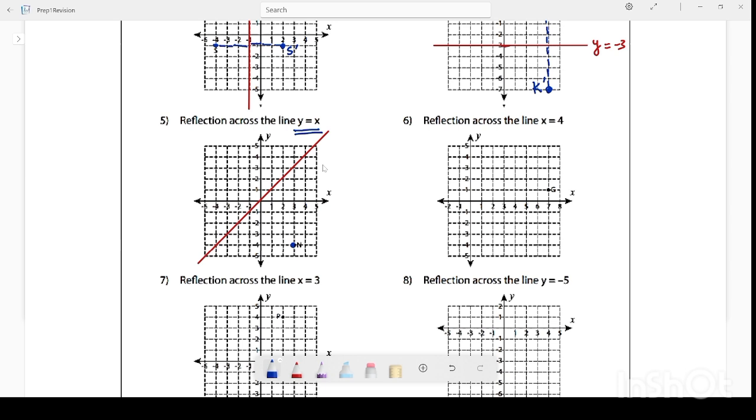If we go vertically to reach the point, 1, 2, 3, 4, 5, 6, 7, then we'll be going horizontally, 1, 2, 3, 4, 5, 6, 7. So this is the point where we can reach, N prime. That's one way. Another way is that rather than going vertically, we go horizontally first. So we'll be reaching the vertical